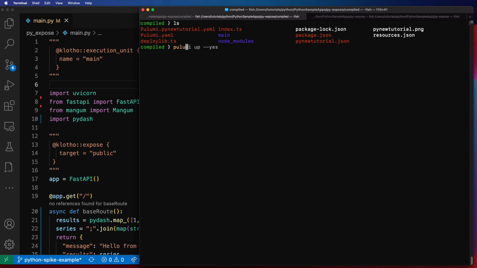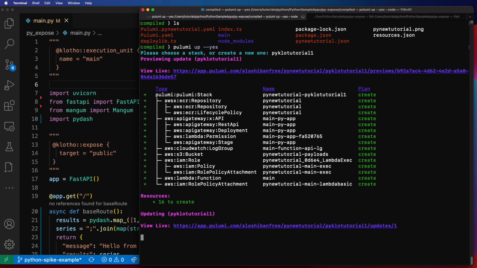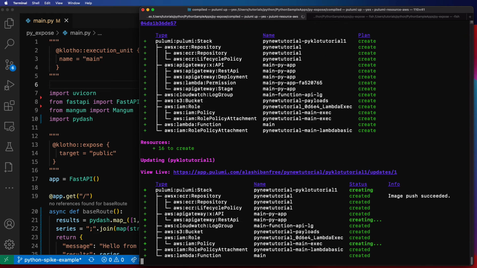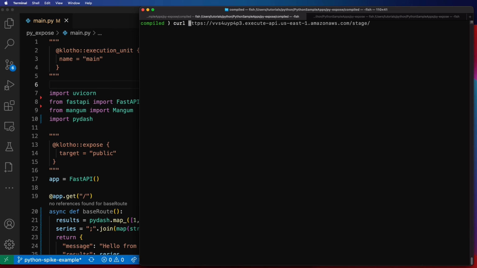You can now use standard infrastructure as code tools to deploy the Clotho-powered application to your cloud account. Once the deployment is done, an endpoint is available for us to use. We copy the URL and use it with the previous command, and it just works as expected. We took a plain Python FastAPI application and made it a cloud application in 1 minute.